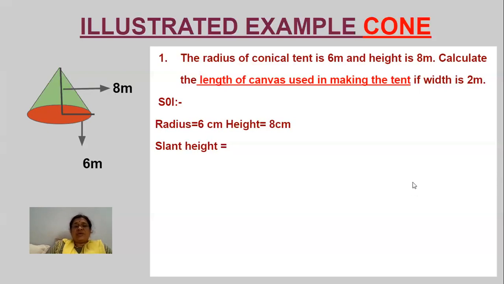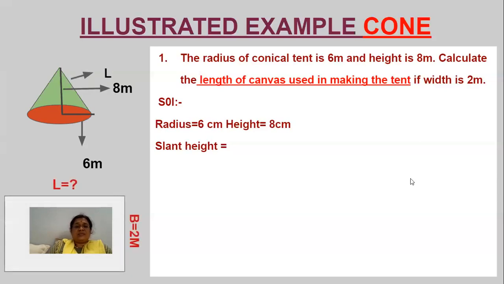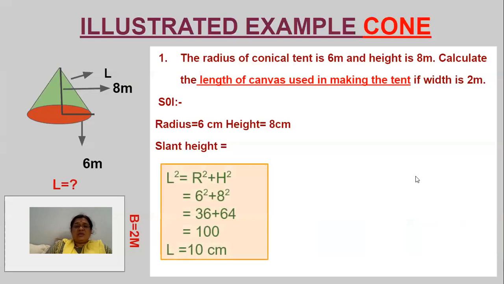What is the formula for finding out the lateral surface area of a cone? Let us see. Look here, lateral surface area. So here the radius is given, height is given. For finding out the lateral surface area, we need the slant height. This is the slant height of the cone. I explained in the previous class how you should find out the slant height when the radius and height of the cone are given.